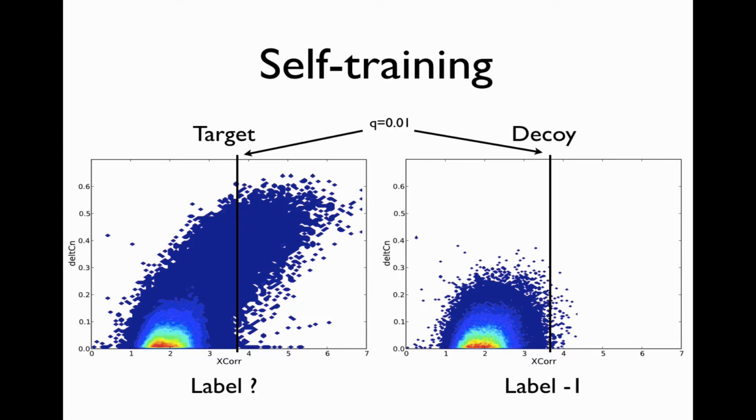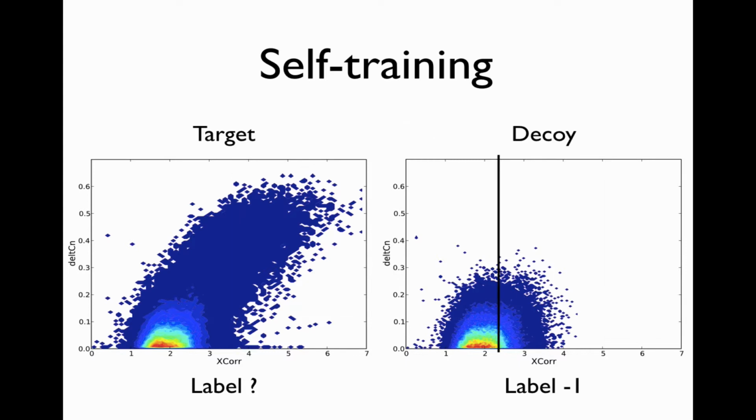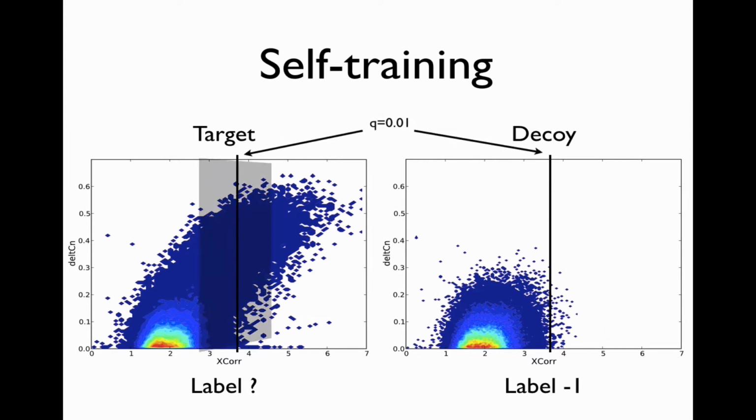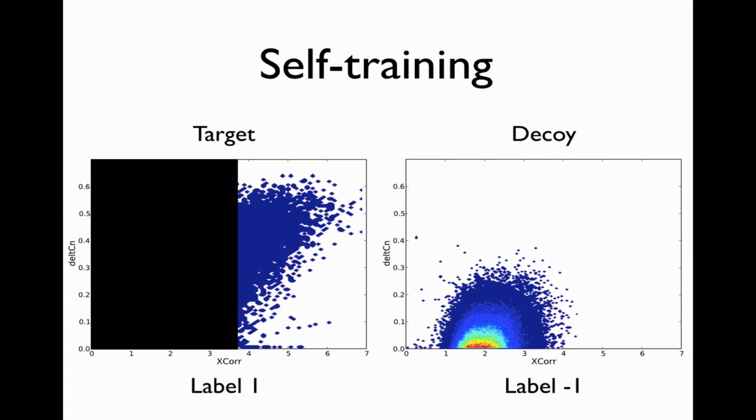We could now just block off our identifications and filter out the target PSMs above this threshold. Once we're equipped with a set that mostly consists of correct identifications, 99% correct, and a set that only consists of negative or incorrect identifications, decoys,